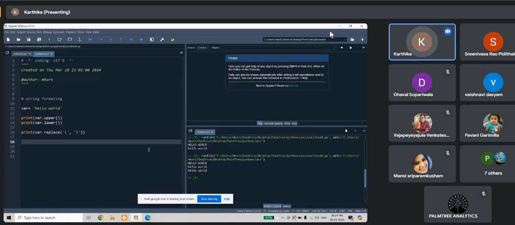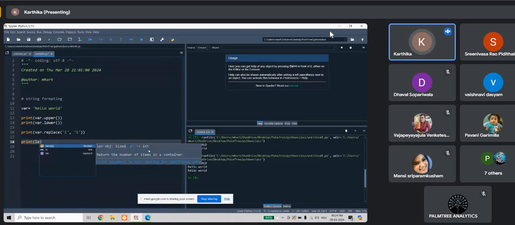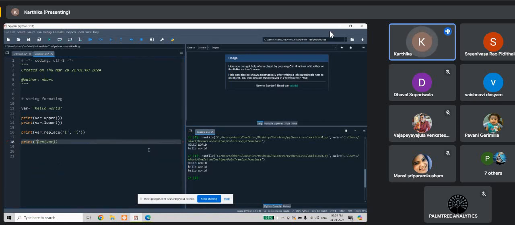Okay. So next, say for example, if I need to find out the length of a variable, for any reason or in future, like if I wanted to know the length of a variable, how will I find that? There is a function called len. So len is a function. You have to keep len of, and inside you have to write the variable. Just for understanding, I'll give the length of